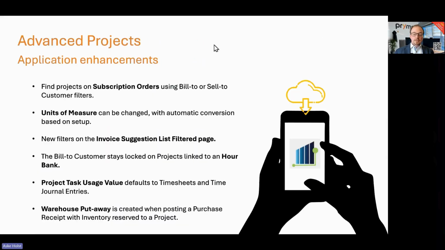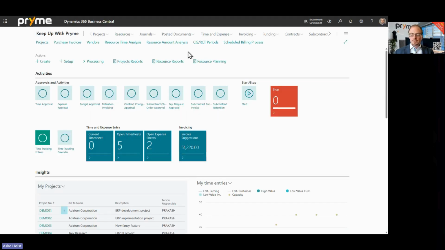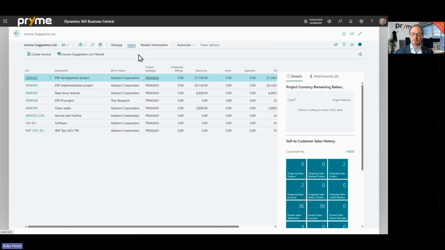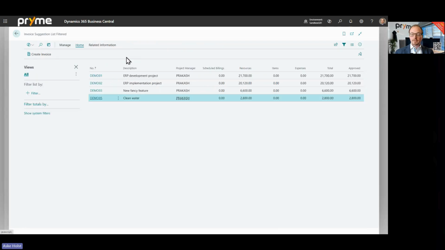Next up is new filters on the invoice suggestion filters page. We added some filters on invoice suggestions in a previous release. That was not carried over to the invoice suggestion list filtered, but now you can use them on the filtered list, where we can see here that I have an amount of